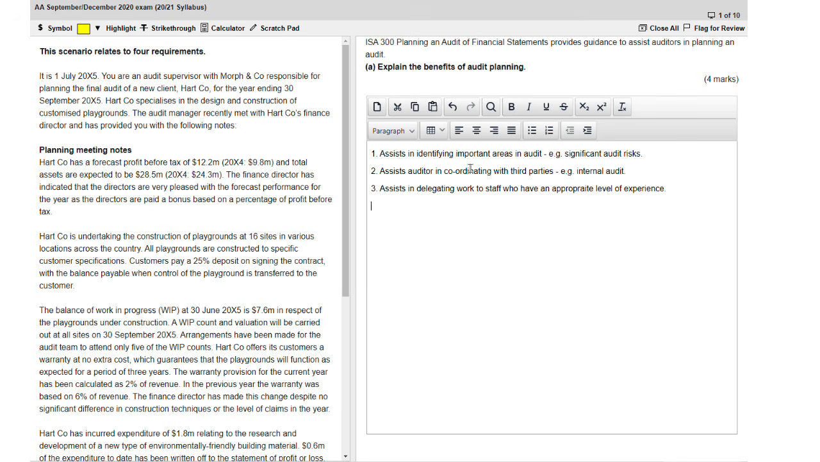Beautiful. Something else, very much if it's planned, it will also help later with the review process because the file will be organized. So I would say it will assist the partner or the audit manager in reviewing the audit work